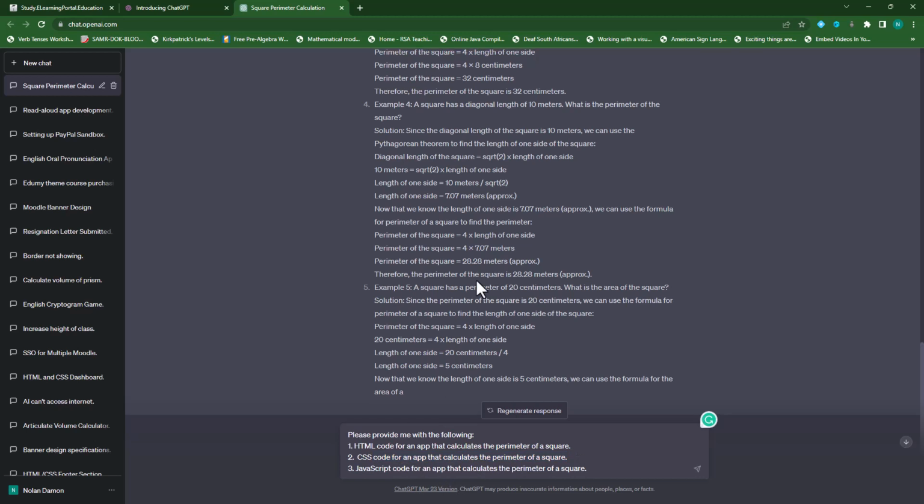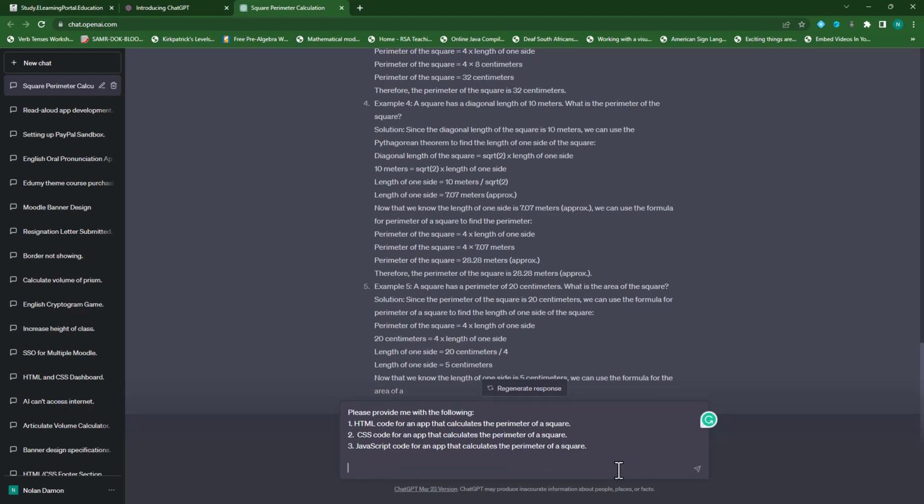Okay, so we have the context, and ChatGPT knows by now that the app will cover this. It will provide the formula as well as how to calculate the perimeter of a square. So, and we've gone into more detail on these 3 points. Okay, so now what should the app do? Okay, let's specify that the app should do the following. Okay, what should it do? Number one, it should allow users